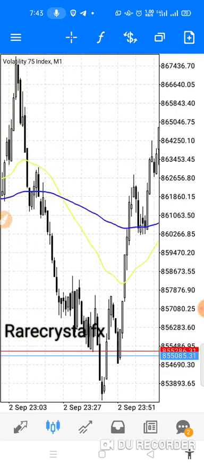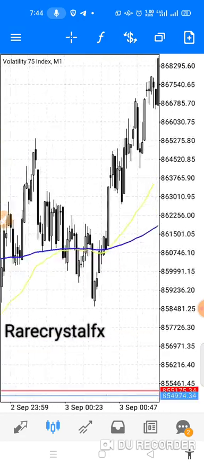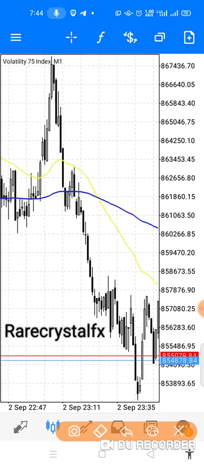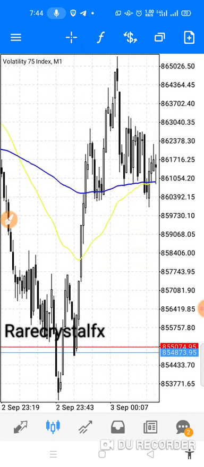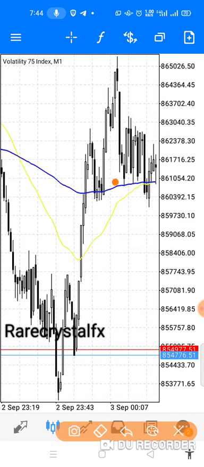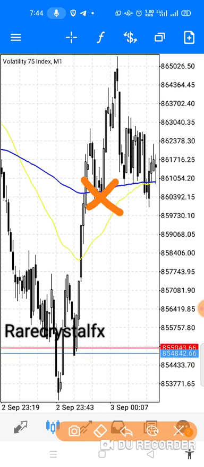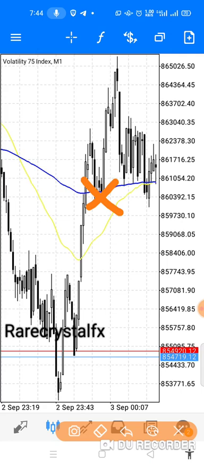Okay, now look at this case. Now the market did the same thing, crossed over here, then you are waiting for the market to pull back. Now look at it, the market moved above. In this case, you've seen the market above your moving average. You should not enter, because you are waiting for it to touch the moving average and to give you opportunity